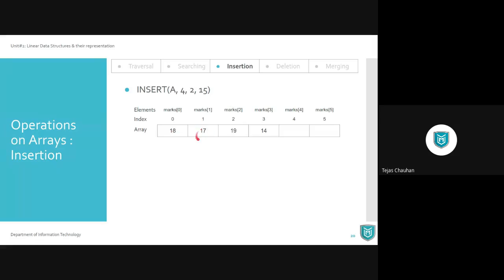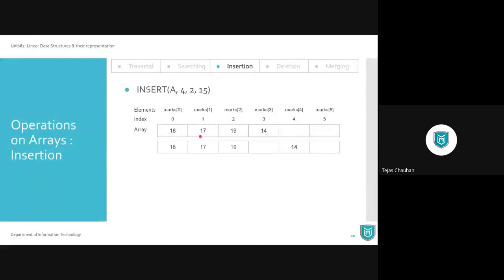At this place, you want to insert new value 15. Okay, 15 you want to insert here. But if you want to insert 15 here, then what you need to do is you need to shift all these existing values to the right side. That's what the process we need to do actually. Otherwise, we won't be able to insert a new value anywhere in between.